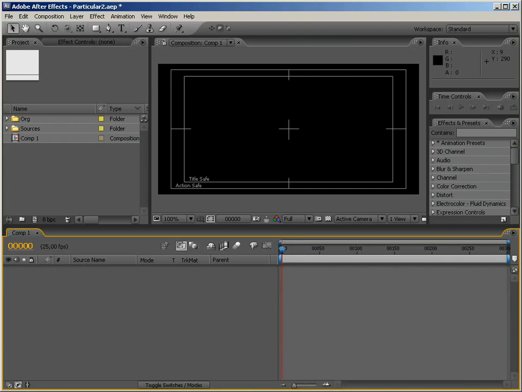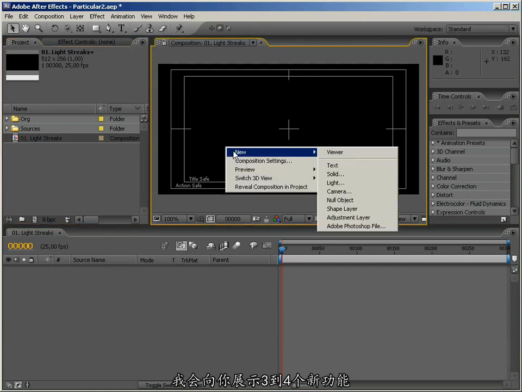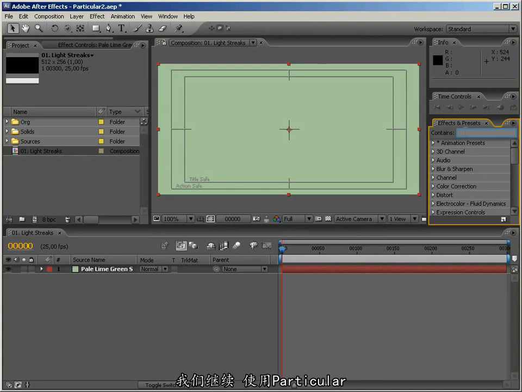just dive in. We're gonna create a few small projects, and actually we're gonna start off by creating the oldest trick in the book, which is light streaks. So here I am in my After Effects, and I'm gonna create a new comp called light streaks. And right off the bat, we've got like 3 or 4 new features that I want to show you. So let's just go ahead and apply